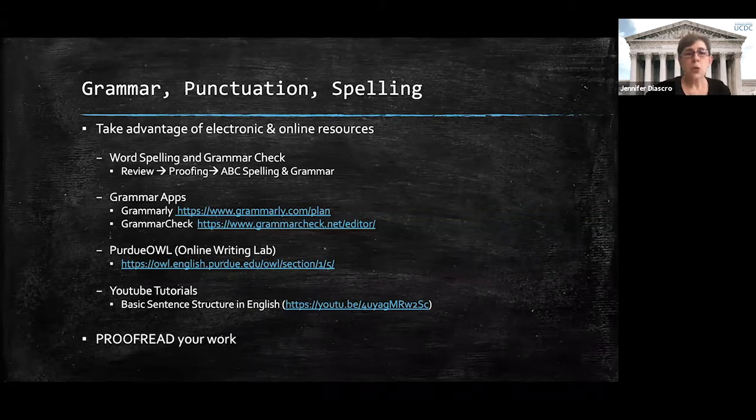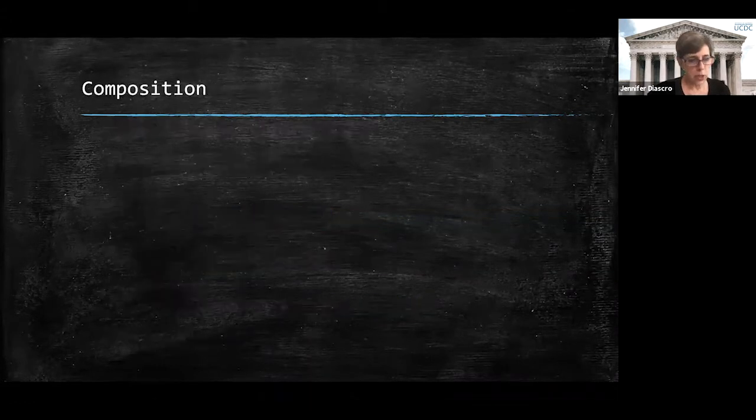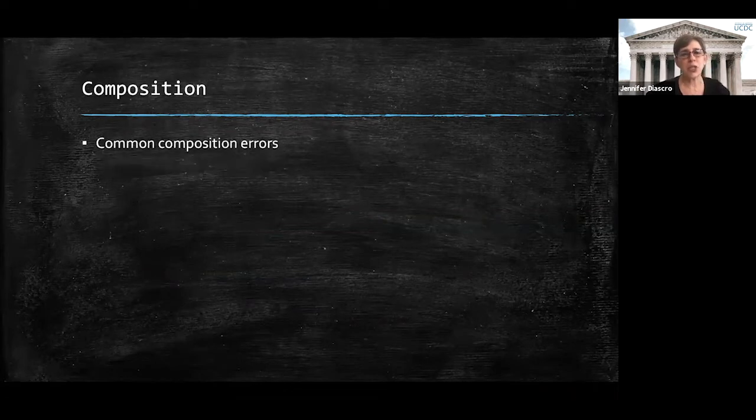Okay, so related to grammar, punctuation, and spelling is composition. And lots of students, unless you're an English major, most of us don't really think about what composition is, but it's very much the structure of how you put words together. We often think of sentence structure as composition, but then also how you put sentences together. And of course, this all leads to how you construct paragraphs and how paragraphs go together to construct a larger essay, and what the substance of that essay is insofar as developing an argument.